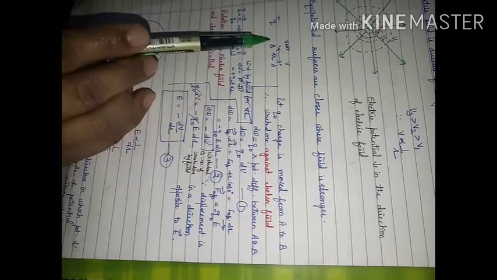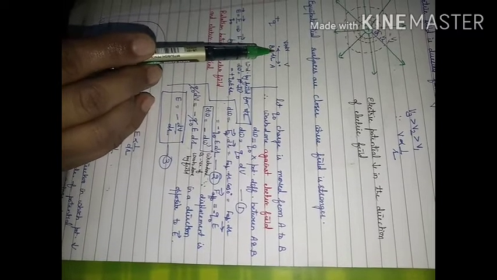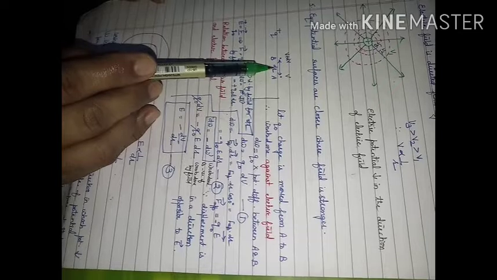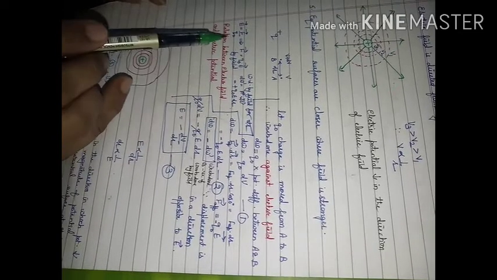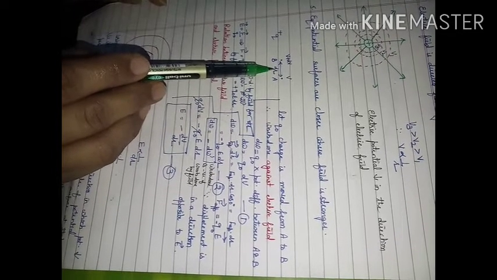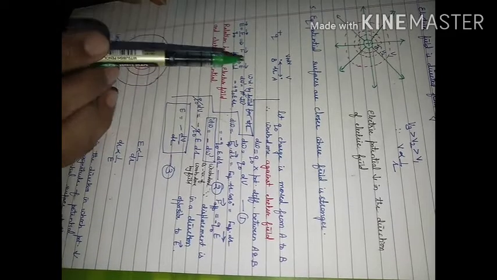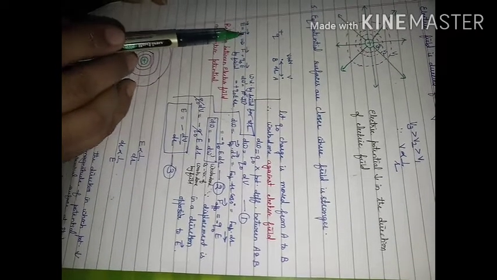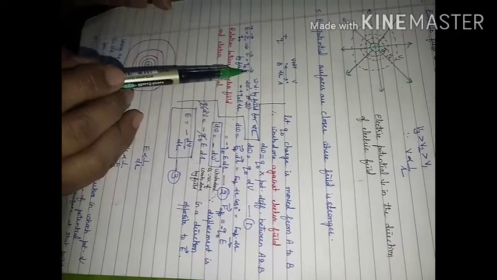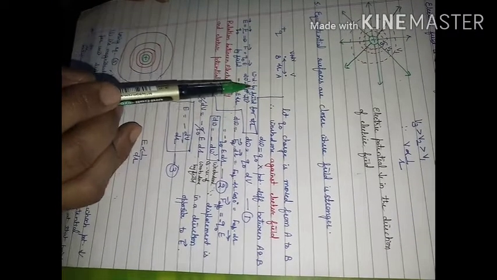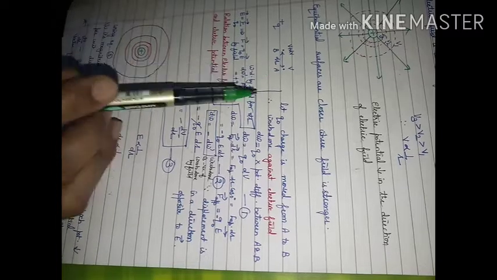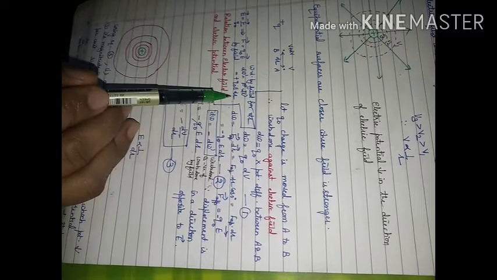So what is the force experienced by the charge? This displacement we have considered very small, so the value of the electric field we can consider almost the same. If E is the value of the electric field at that point, then E is equal to force divided by charge, so force will be equal to charge multiplied by field. So the work done by the field for displacement dr from B to A will be Q naught E dr.